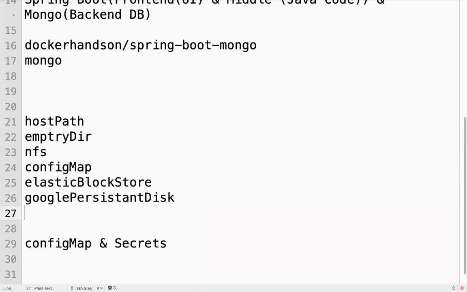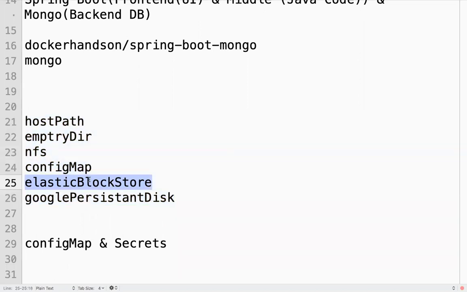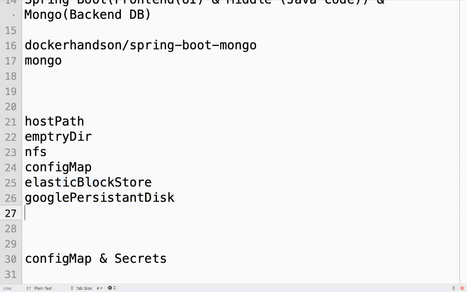So based on your infrastructure, suppose if you are using a managed Kubernetes cluster, again EKS, we can go for Elastic Block Store as a volume. If you are using a managed Kubernetes cluster, GKE, Google Cloud, you can go for a Google Persistent Disk.